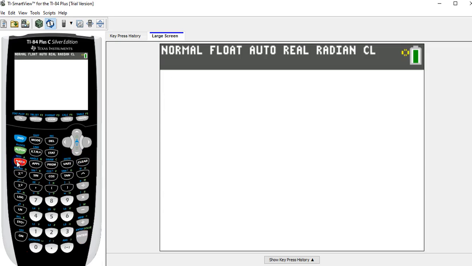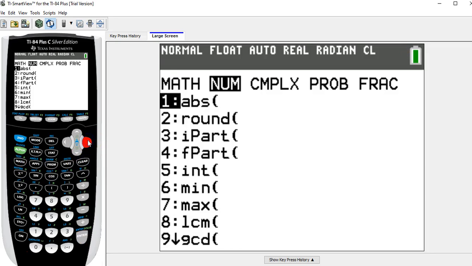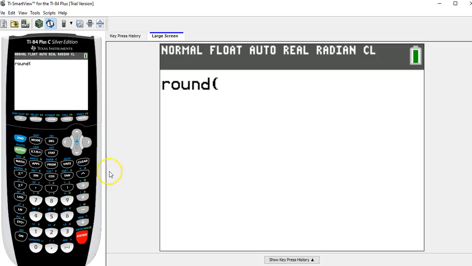So I'm going to start with math, num, round, and number 30, it said 1.65 squared. Now I'm just multiplying and dividing, so I don't really need a parentheses for this fraction. 1.65 squared,